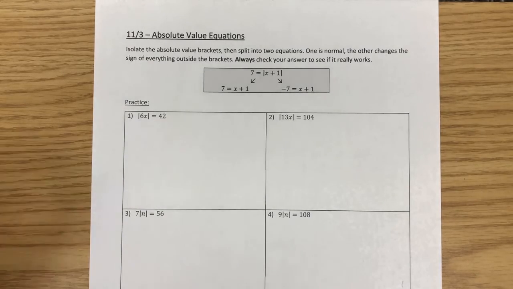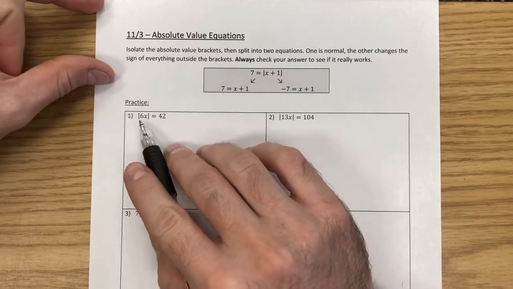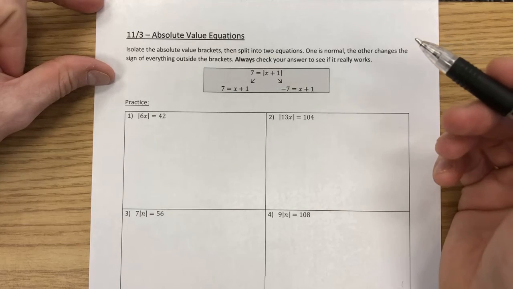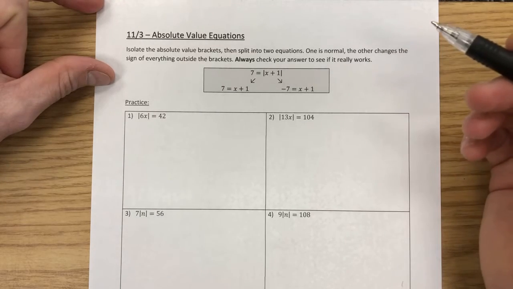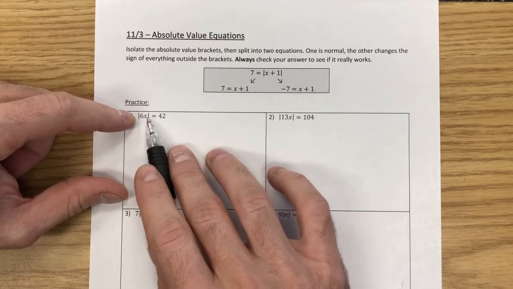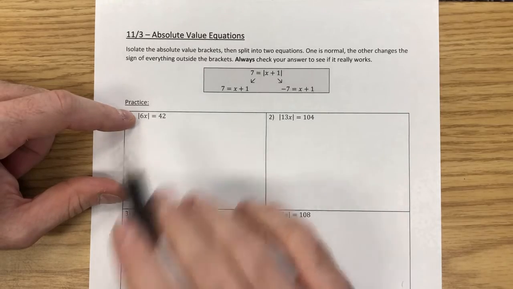So today we're going to be solving absolute value equations. And one of the big ideas that is new with absolute value equations is many students like to treat them like a set of parentheses, which in one sense is true, but these are parentheses with an extra power. These parentheses mean that when I solve for whatever's inside, I have two possible values which can equal the thing